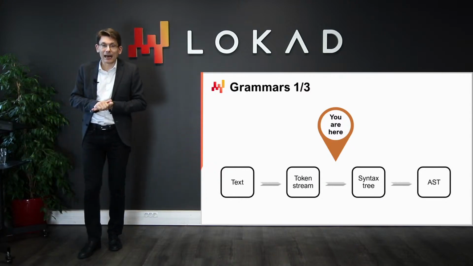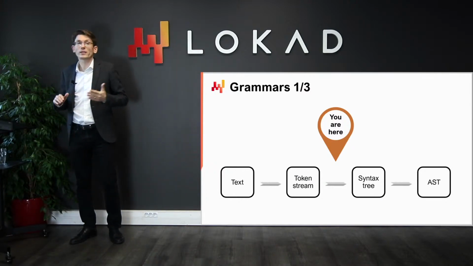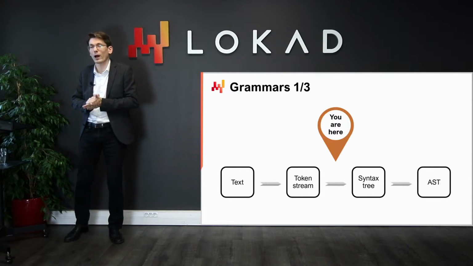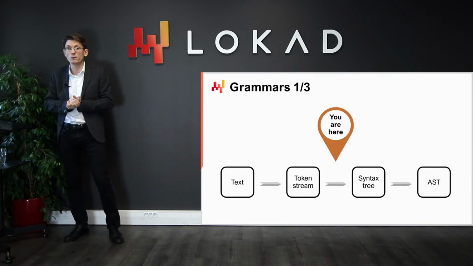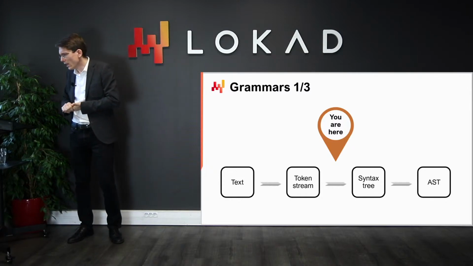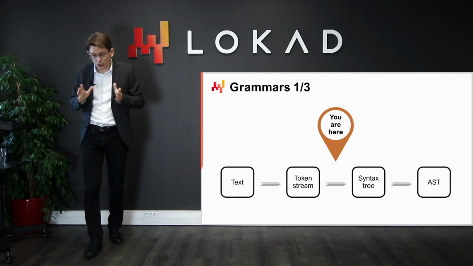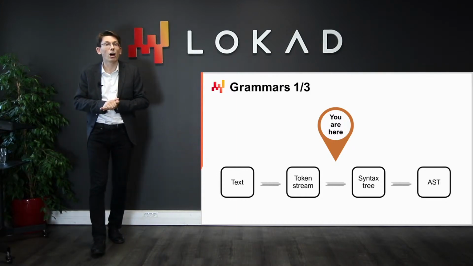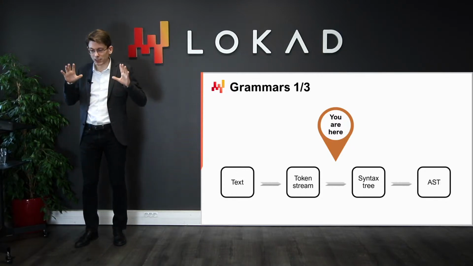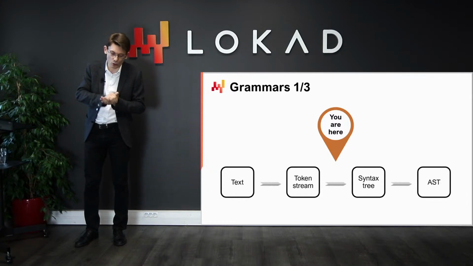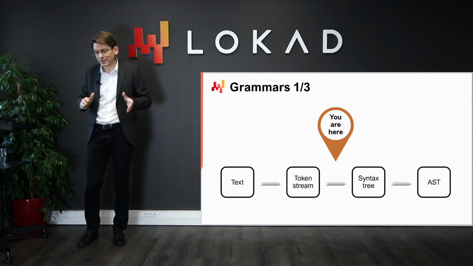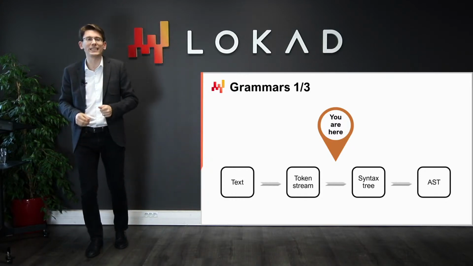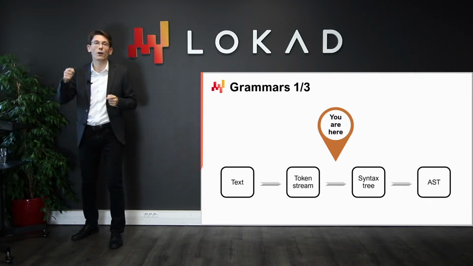Now, in language design, the grammar represents the formal representation of the rules that define a valid program according to your newly introduced programming language. Essentially, you start with a piece of text, and first you will apply a lexer. A lexer is a specific class of algorithms, or you can even think of it as a small program. Essentially, the lexer decomposes your piece of text, the program that you've just written, into a sequence of tokens.